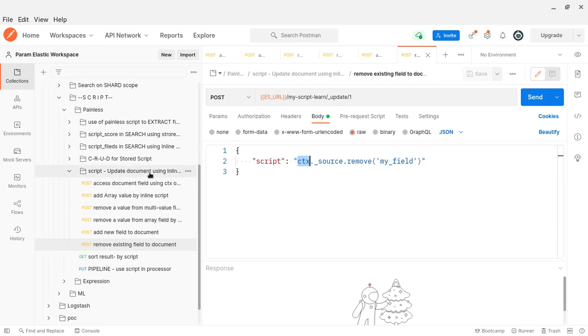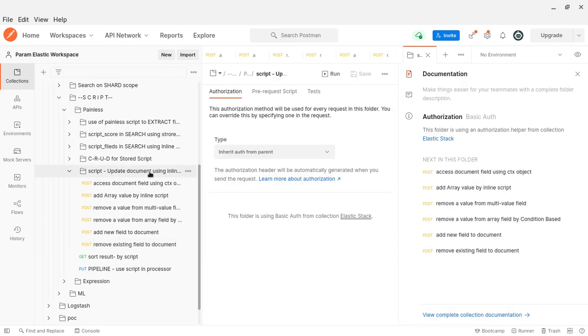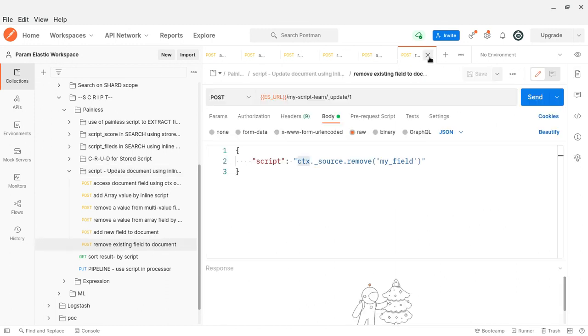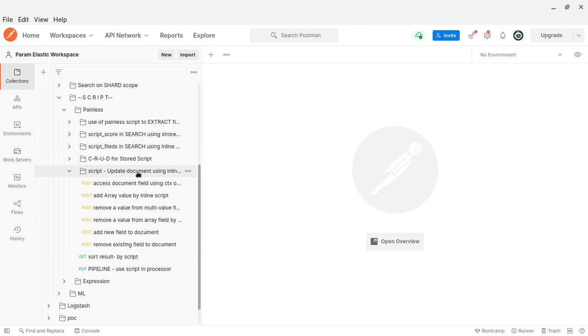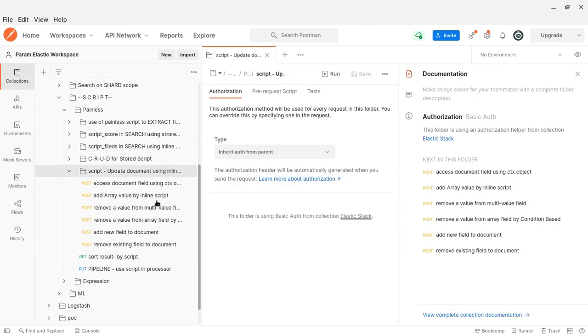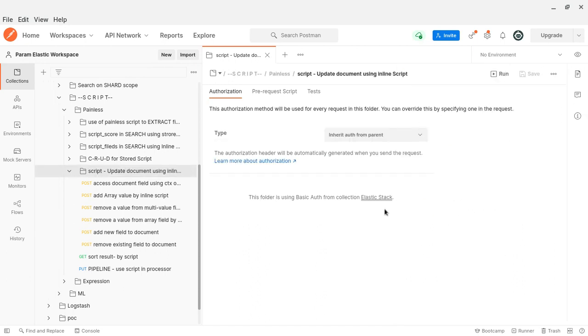So mostly what we are doing here is the script update. Let me close all the tabs. Update the document using the ctx syntax rather than an inline script.